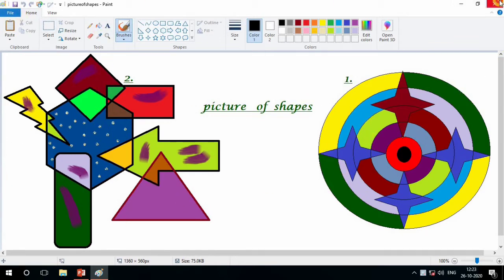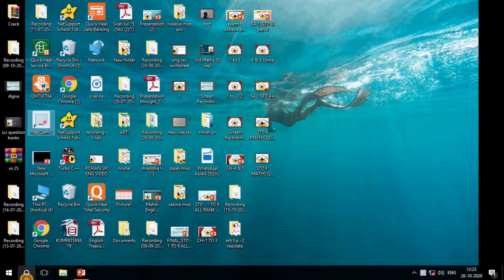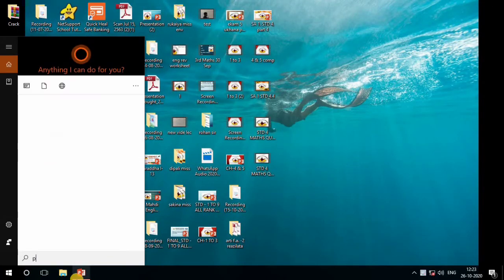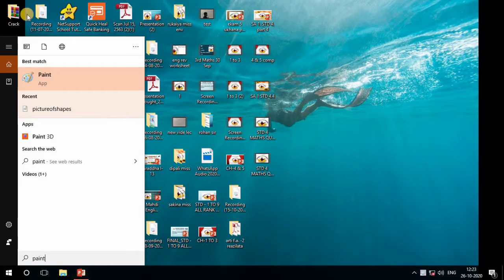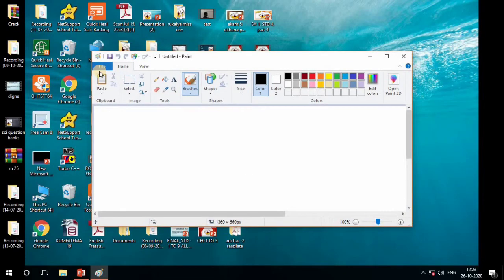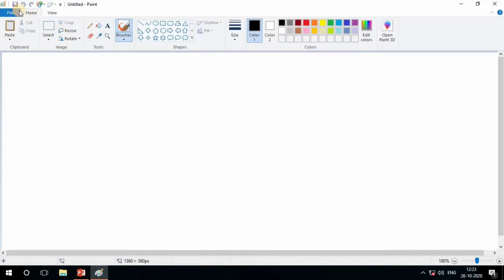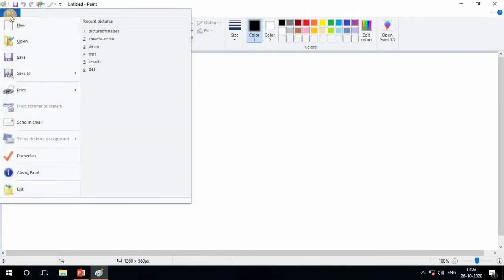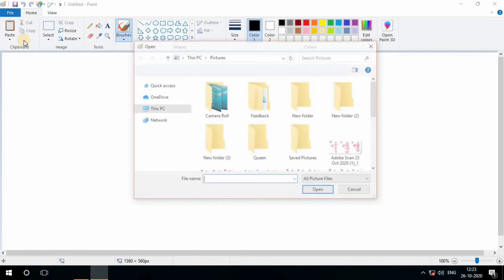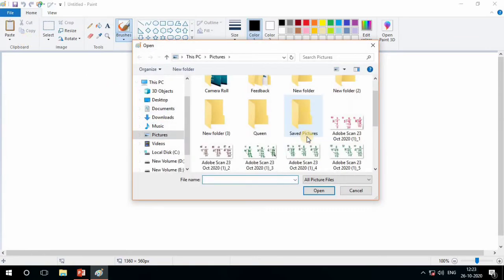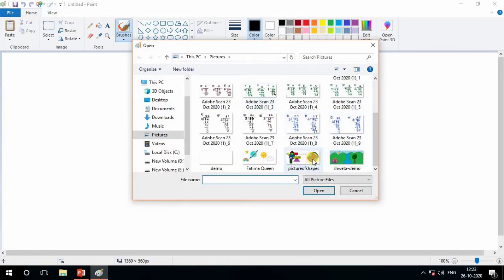Again I am showing how to open the recently saved picture. Open the paint program, then from the file tab, click on the file tab. In the open menu see where our picture name is. Here you can see the picture of shapes.